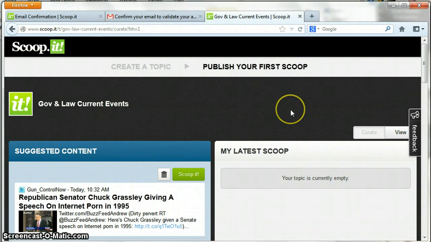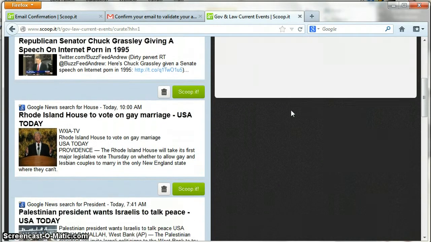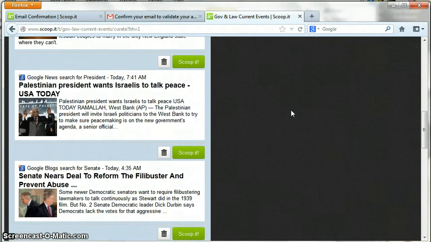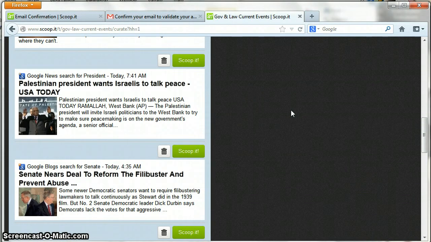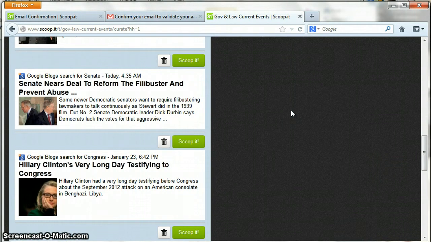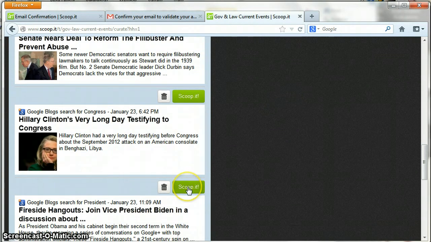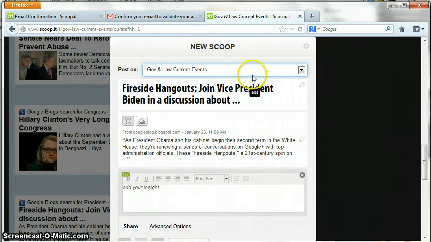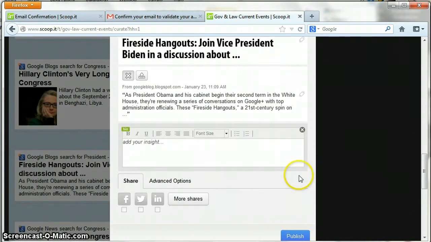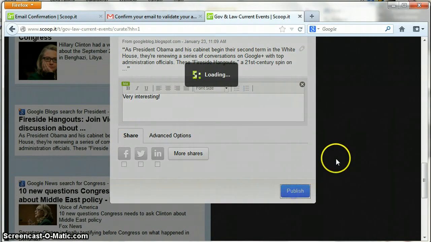So Bryn doesn't have anything yet on her scoop. But for example, perhaps she's interested in looking at a story that Hillary Clinton had to testify in reference to the Libya Benghazi attacks. So she can click ScoopIt, and it puts it on her page. So she will post on the page that she wants, and she needs to read about the story, of course, and she needs to add some comments, which you're required to do. Once she adds some comments, perhaps she thinks it's very interesting, then she will click Publish,